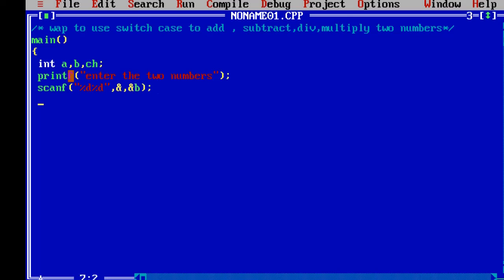Okay, so the statement here: enter the choice. Because switch case is for multiple choices, we have to choose a single choice from the multiple choices. So we will do it like this: ch for the choice. You can put any other variable here. Now, the switch block, what variable are we using?